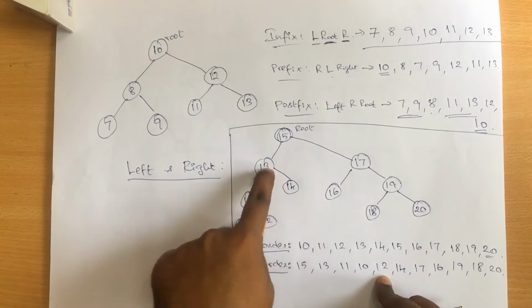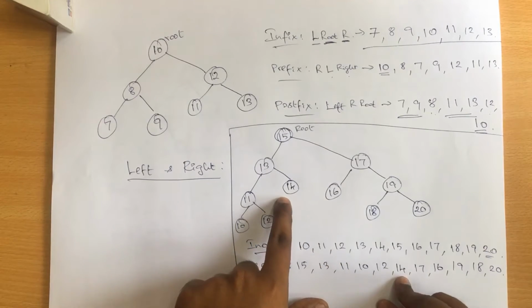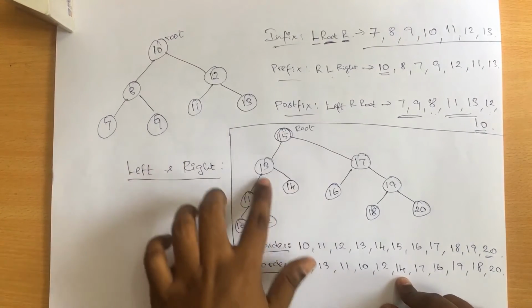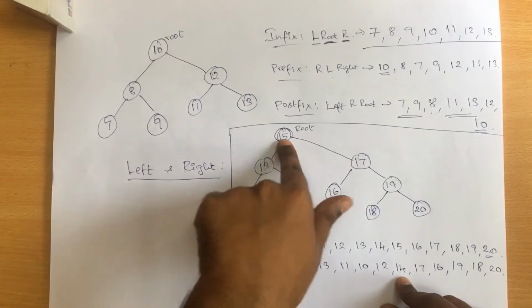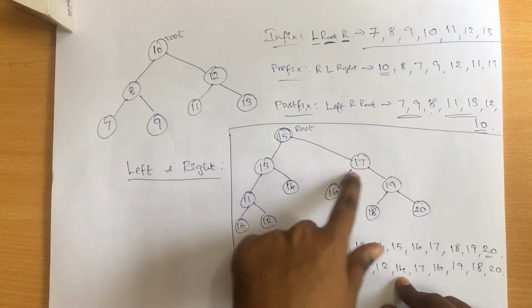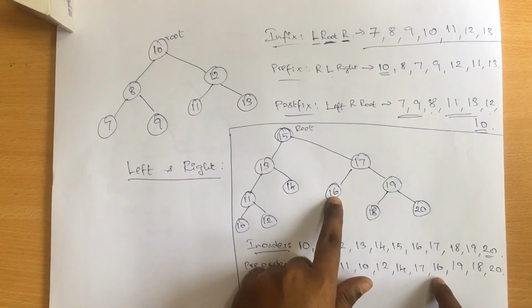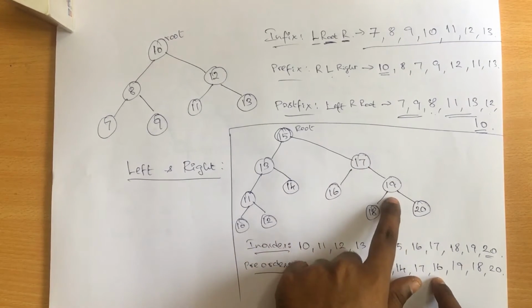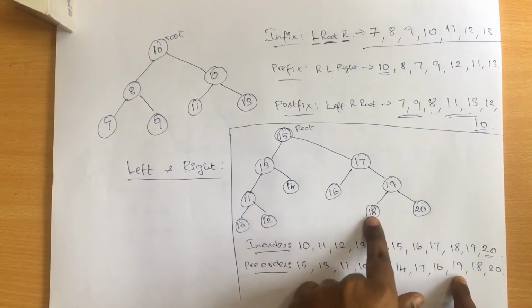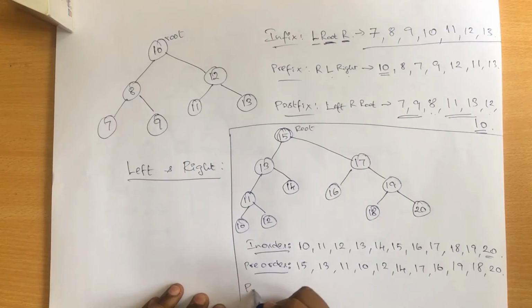I'll move back to 13 itself. So when I come back to 13, I have to print the value 14. So we have printed 14 also. After this, I'll be moving back through 13, and again to 15. These nodes are already visited, so you will move to the right subtree where 17 is the root node. So we have displayed 17. After 17, it has a left node, that is 16. After that, I'll go with the right node, that is 19, and 19 is also a root node, so we have displayed the same, followed by which the left and right nodes are printed. So now we'll move with the last notation, that is postfix or post-order, right?